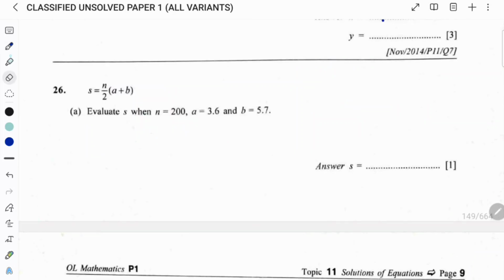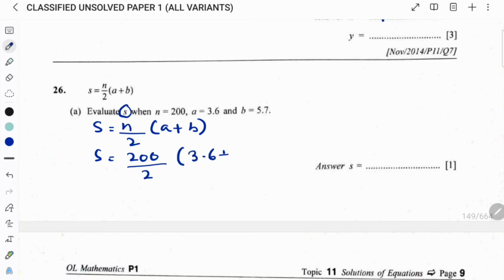In this question number 26, S is equals to n over 2 times A plus B. Evaluate S when n is equals to 200, A is equals to 3.6 and B is equals to 5.7. So S is equals to n over 2 times A plus B. We'll have to find out the value of S. S is equals to 200 upon 2, which is 100, times a plus b, which is 3.6 plus 5.7. So that is 100 times